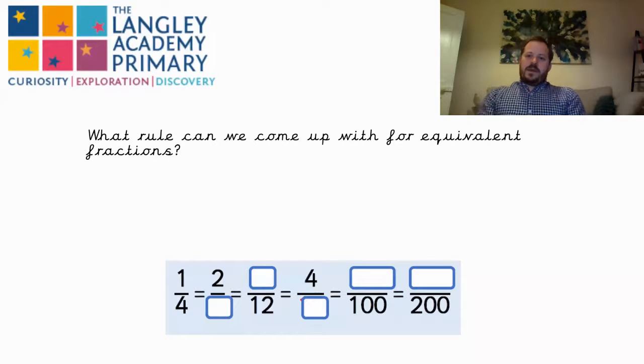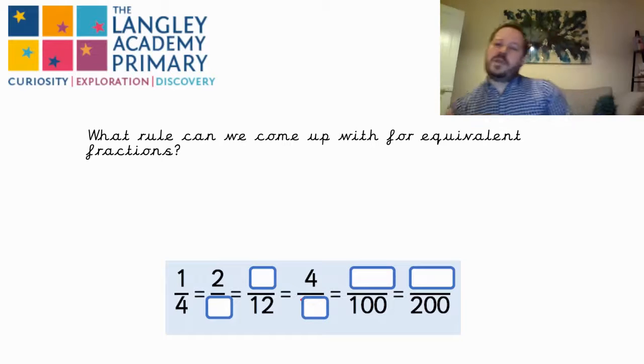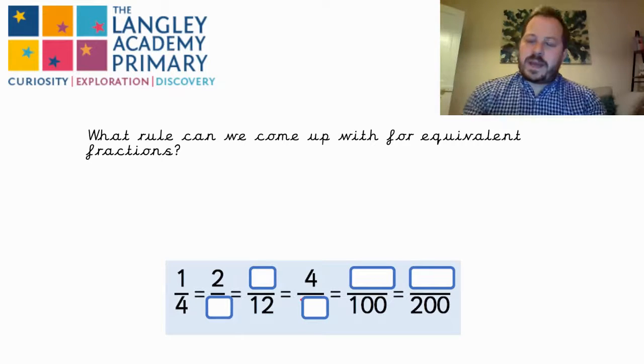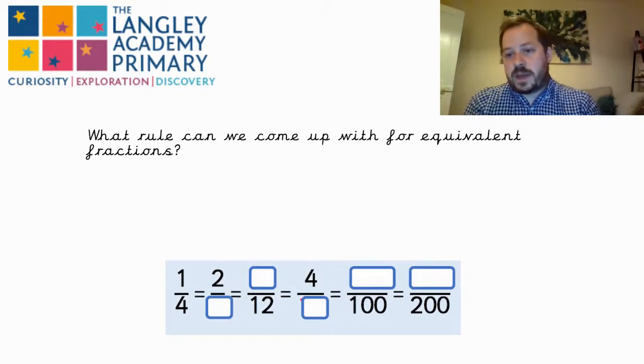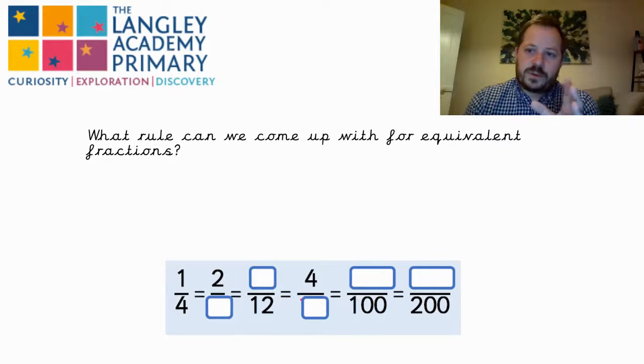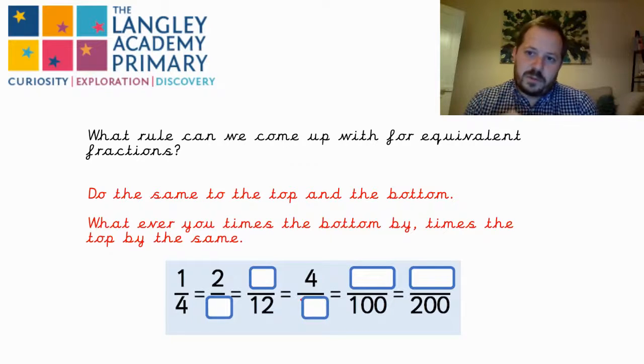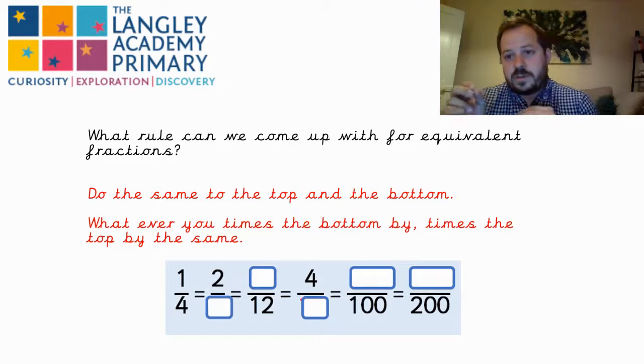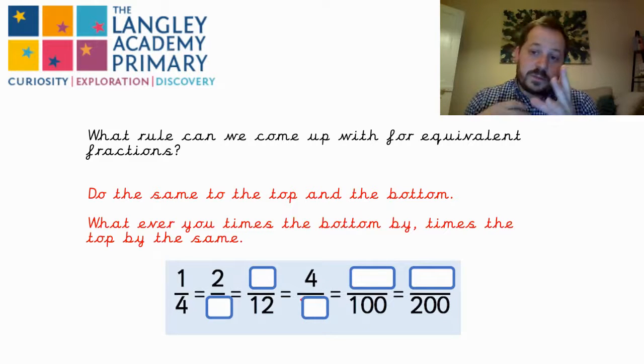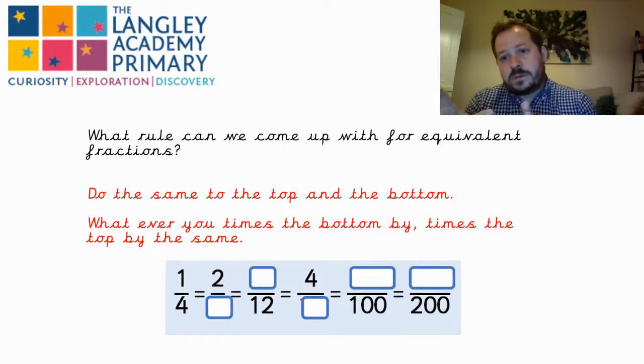Okay, so hopefully you've seen that there is a pattern. It's a relatively easy pattern, and once you know it, you can find equivalent fractions really quickly. So the pattern is that whatever you do to the top of your fraction, you do to the bottom. So if you times the top by 2, the bottom of the fraction, your denominator, is also times by 2. If you were to times your bottom by 4, the denominator times by 4, you would times your numerator, the